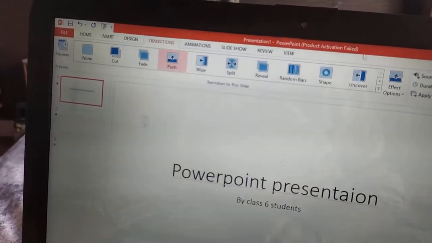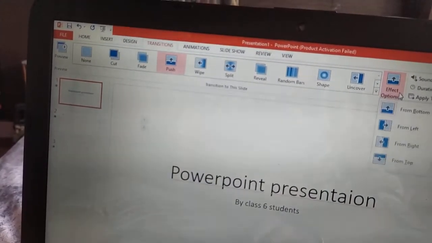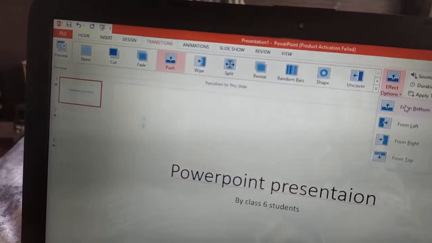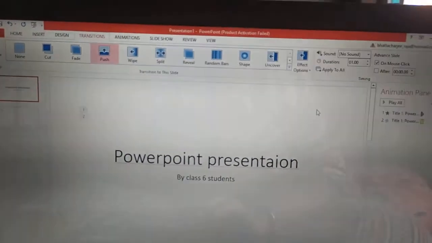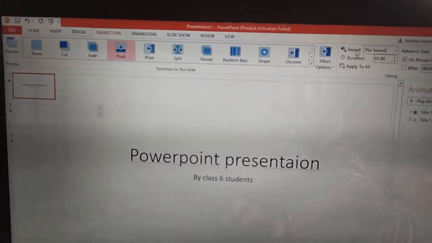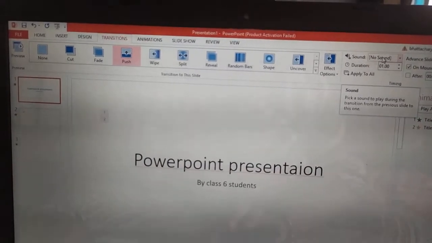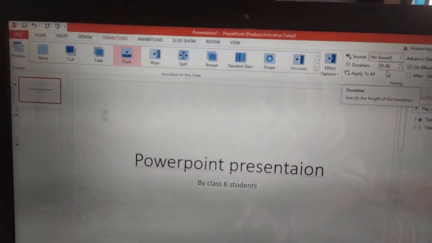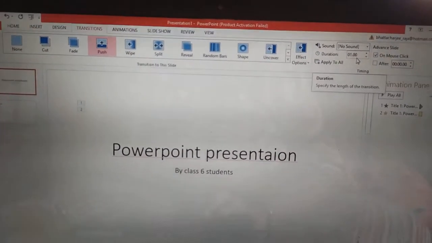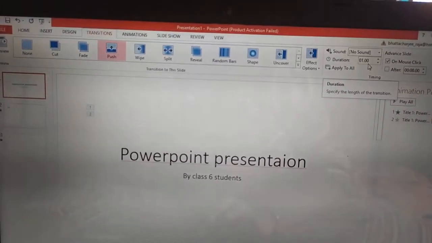This also we can do from the effect option. Over here a sound option we can give. How much time it will take for the transition, that also we can give over here.